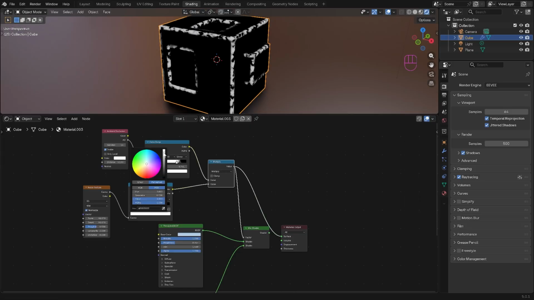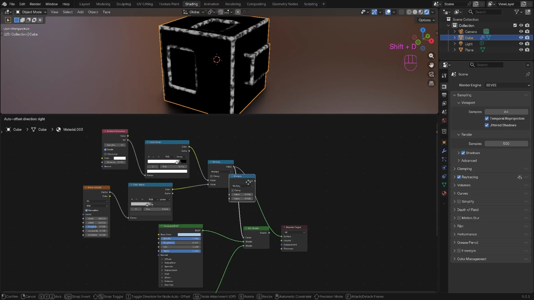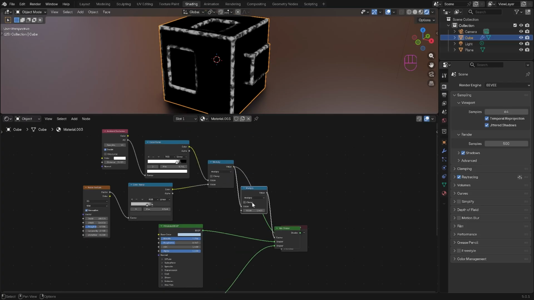We can also change the colors from black and white to different shades of gray. This will give us a softer mix of the metal and emission shaders. And to make the edges a bit more pronounced, we will use another math node set to multiply. So click on the math node we already have, press Shift and D to duplicate and then drop it here. Increase the value to 5 and turn on Clamp.